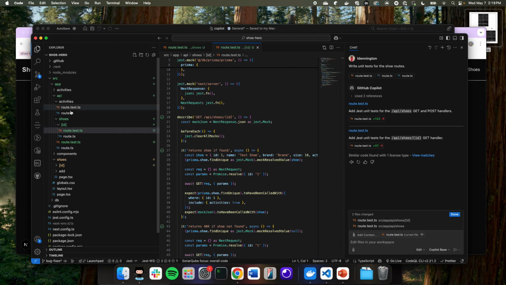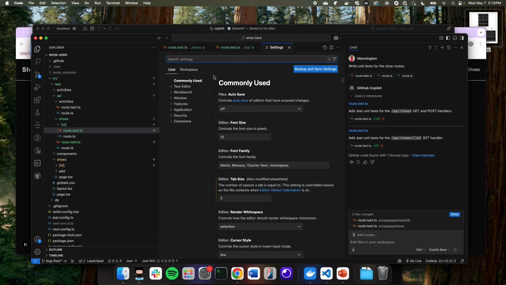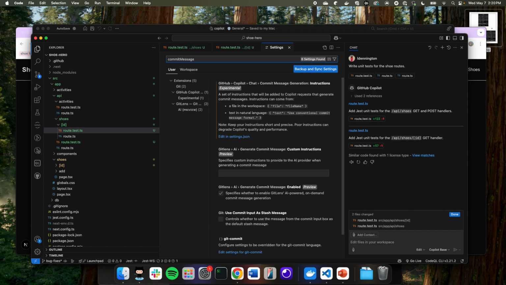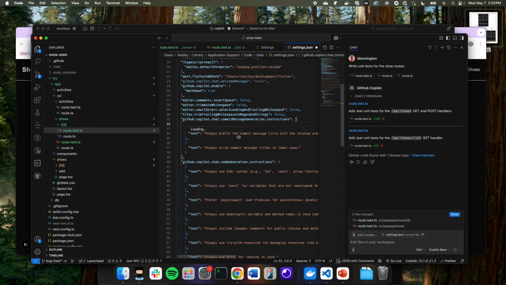Now, back in the day, I used to write out my own commit messages, and it was a bit tedious, right? Developers generally don't like documentation. But now, Copilot writes my commit messages on my behalf, and it does them according to my specifications. And the way that you can set this up is by going into your Visual Studio Code settings and searching for commit message. I believe that will get us there. Yep, you can see we have this commit message generation result, and I can click to edit in the settings.js